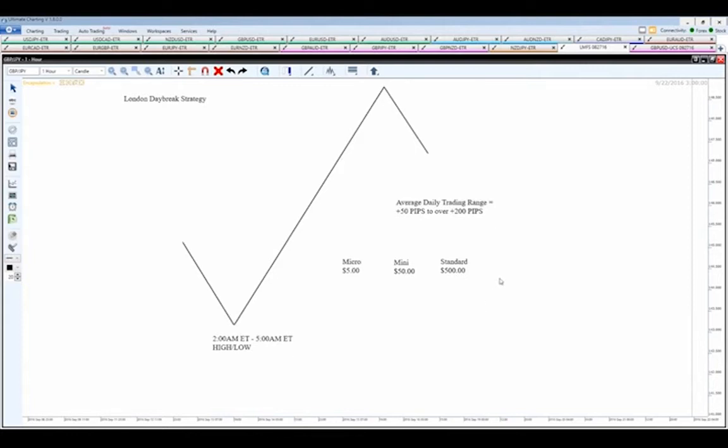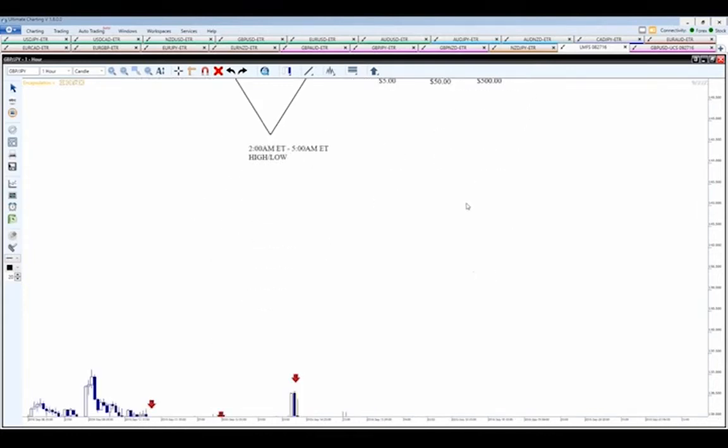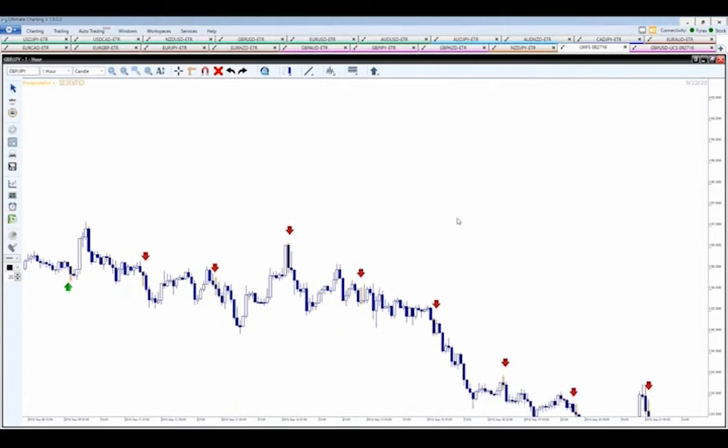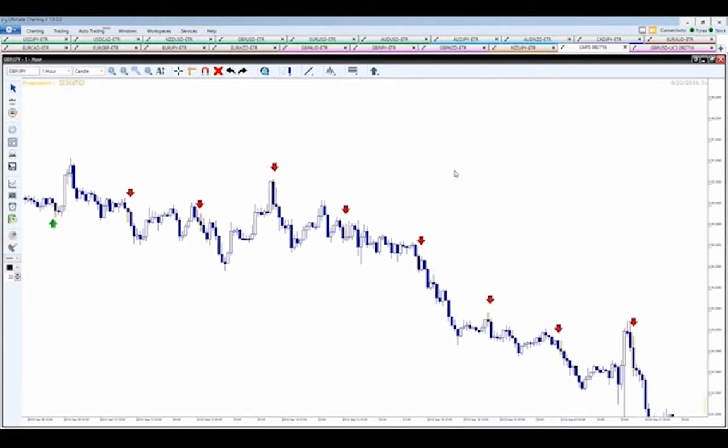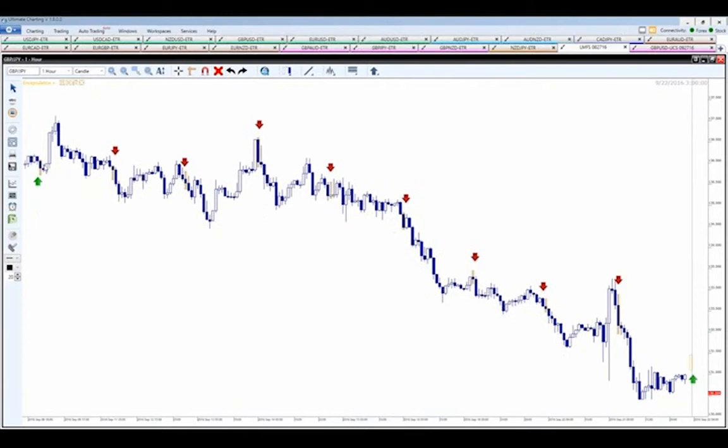So let's bring this back down to the market, and let's show you how this directional movement works. What I've done is I've outlaid this here, and I've highlighted the 3 o'clock. What we're looking for is the close of the 3 a.m. Eastern Time candle. So essentially you're going to be looking to start this strategy at 4 o'clock a.m. I'm going to explain this in more detail in just a second.